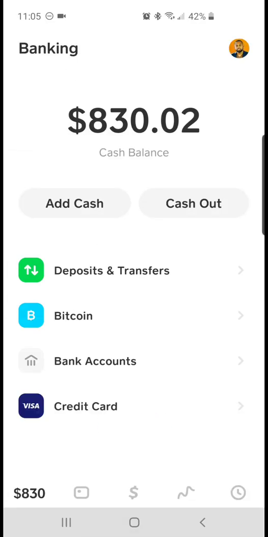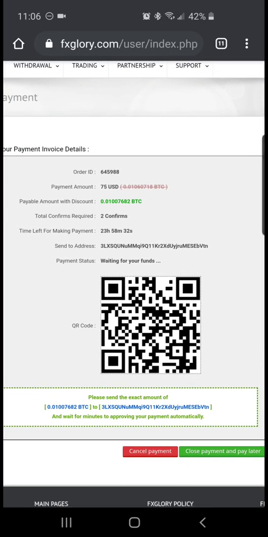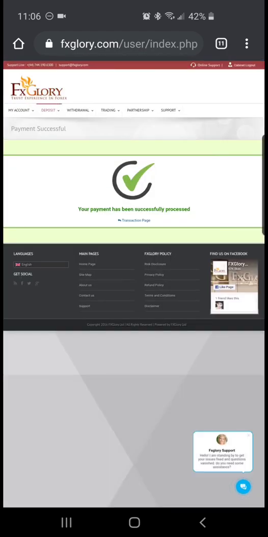All right, so I've initiated it, and what's going to take place is you're going to get an alert from Cash App to say that your withdrawal has been confirmed on the blockchain. Then, depending on the broker that you have, they're basically sitting and waiting for the funds to be made available. And just that quick with FX Glory, your payment has been successfully processed into this account. And if I go over to this particular account,